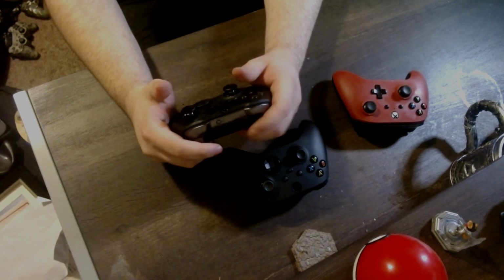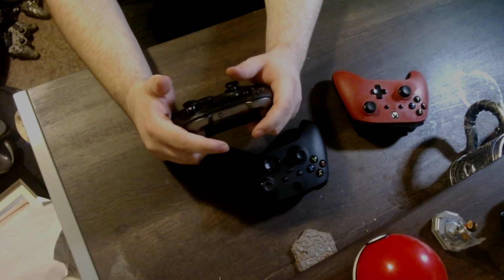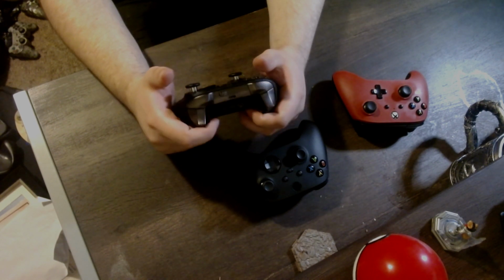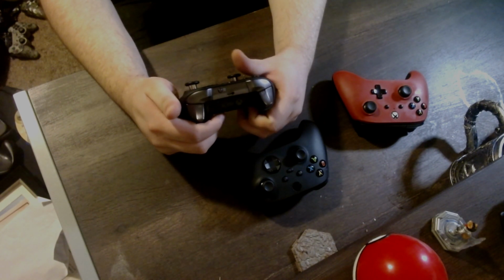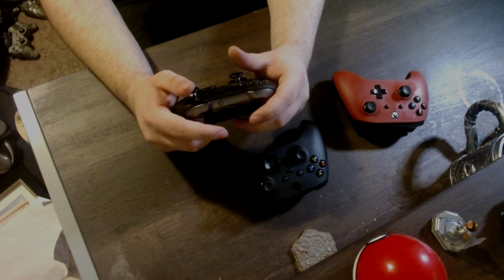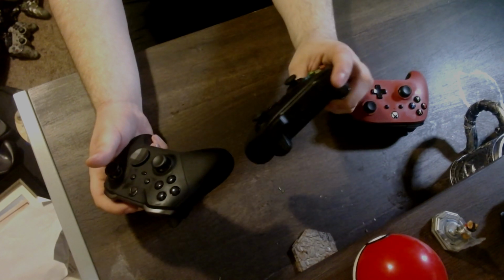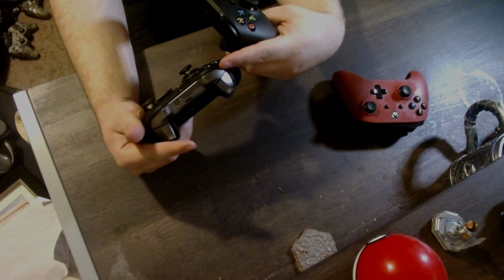You can go, and it's perfectly fine, even more of a casual shooter or anything else. But for racing games, you'd rather have it all the way up, so you can kind of control how much throttle you're giving it. Has the same basic shape as this one does. For the